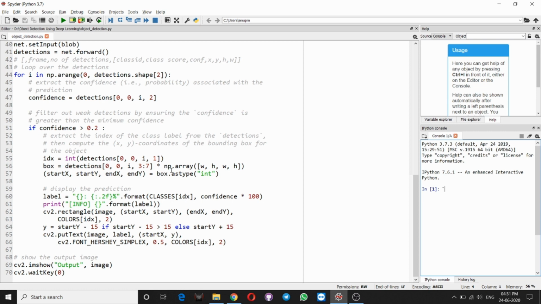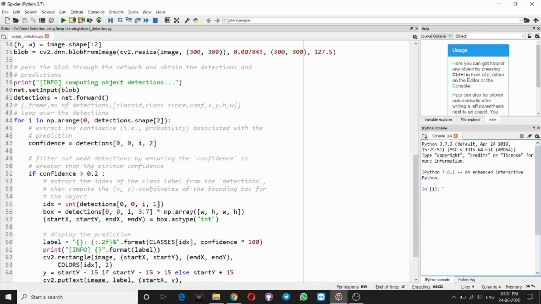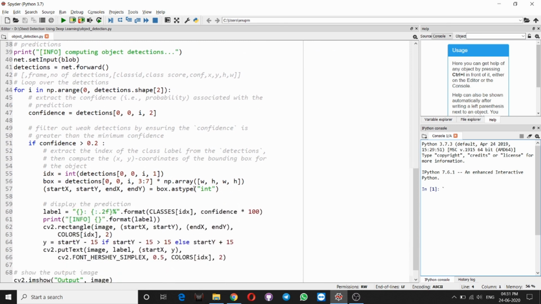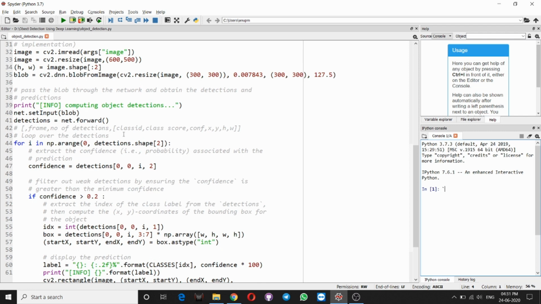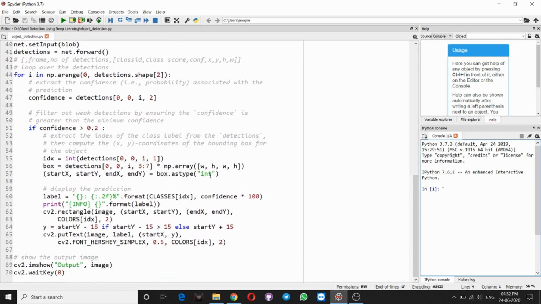Then we multiply it with np.array of w, h, w, h, the w and h which we extracted earlier from the image. We multiply because in the blob method we subtracted the pixel values by 127.5, and to normalize this we have to multiply these values again. The value of this calculation is stored in box.